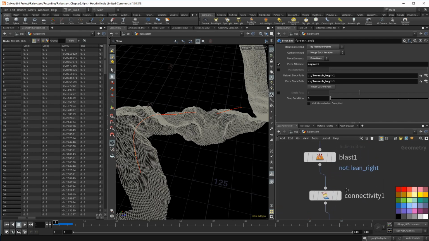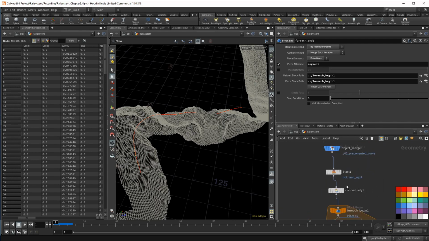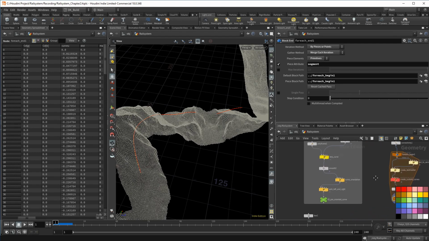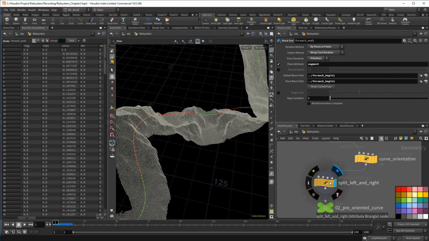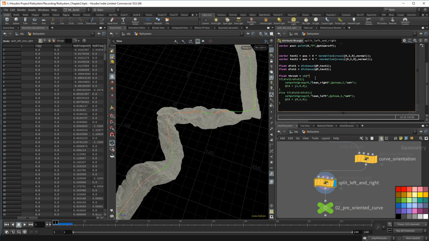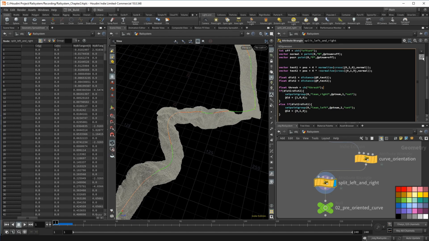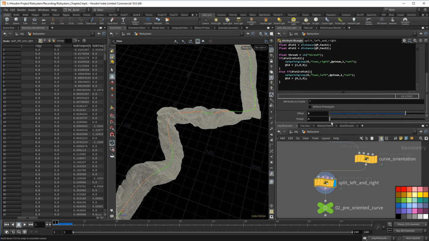As I said, all points are currently in either the left or the right group. That means the whole curve is still connected. We need to add something to the system to actually cut that connection. Rather than directly jump to left or right, I want to add a threshold that needs to be exceeded for a group affiliation.